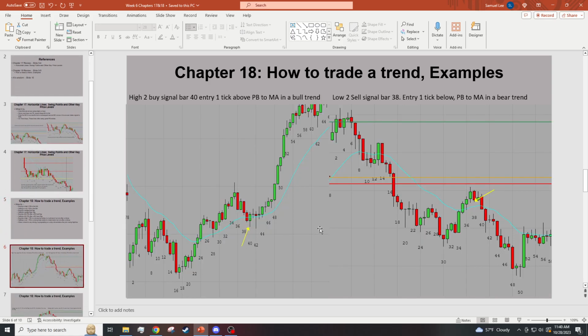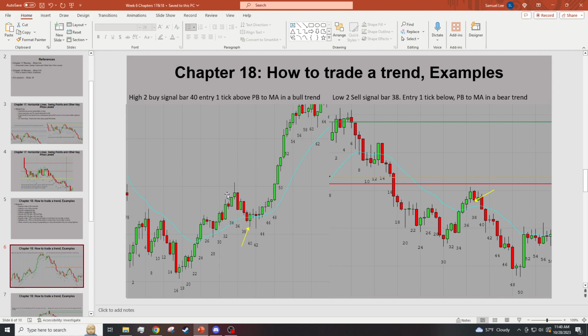So that first 2 where he talks about buying a high 2 pullback to the moving average in their respective trends, this is just an example of that. So here we have a bull breakout, and we are above the moving average, so typically you're always in long. You're probably waiting for a pullback. You could have bought 28, but if you're looking specifically for a high 2 buy signal bar,